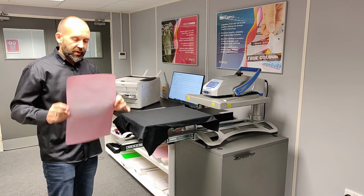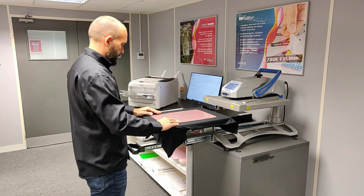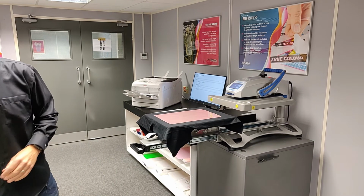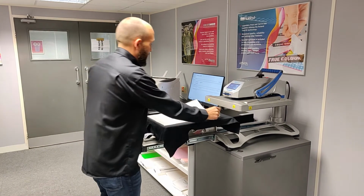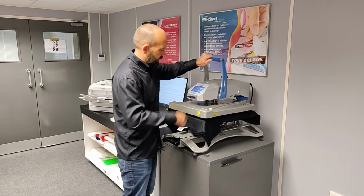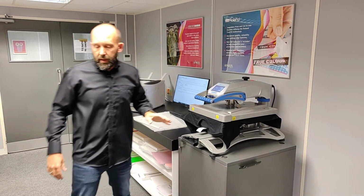I position the transfer on the garment, and then I'll lay a sheet over the top while I press this for 30 seconds. So press time to the garment is 30 seconds. Just while this heat presses,